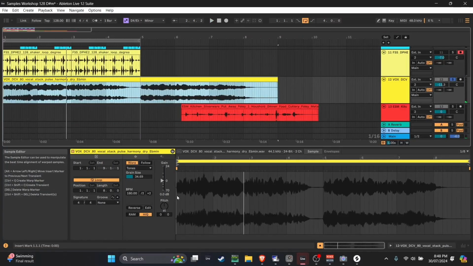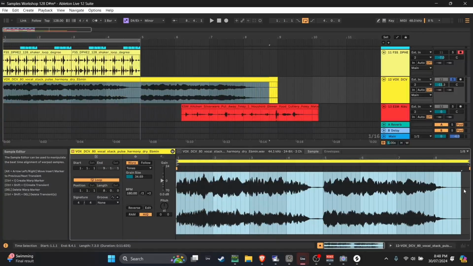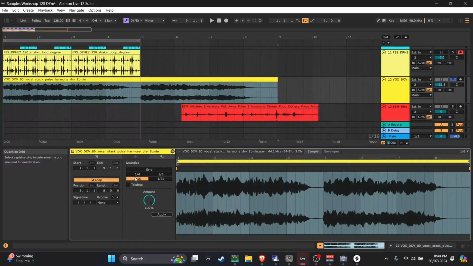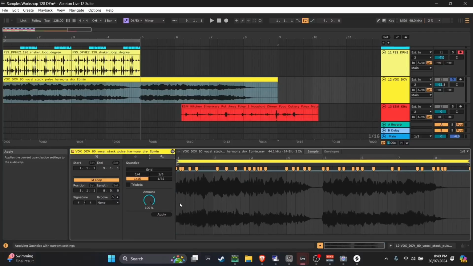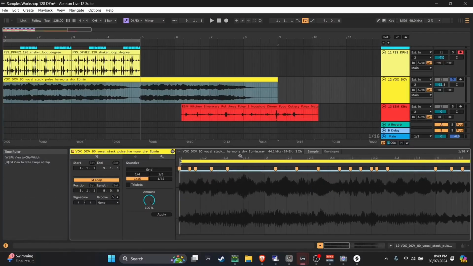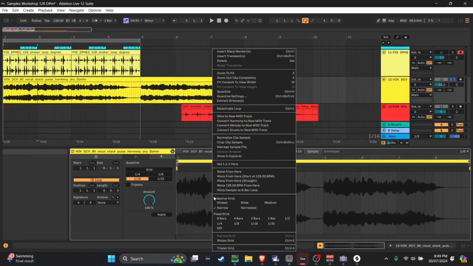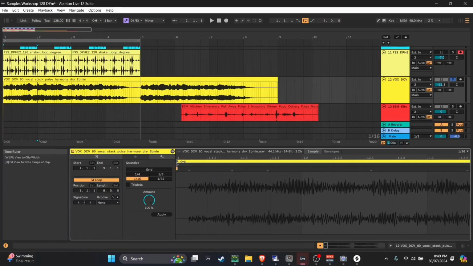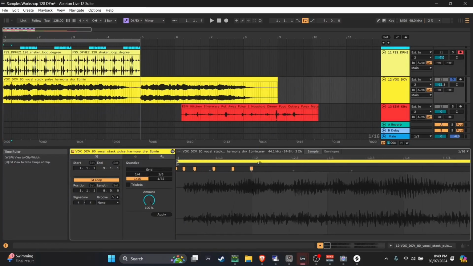Now, if for example we wanted to add that gate, we could select all of this, right click, quantize settings, go onto 16s and do apply. Oh, it hasn't done it by default. That's annoying. Okay, well, we can add our warp markers manually if we go to 16ths and we just go boom, boom, boom. And if we add these points in by ourselves,